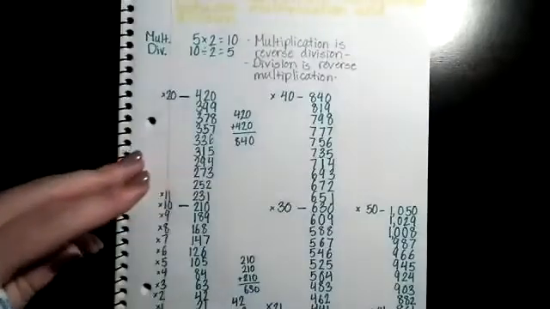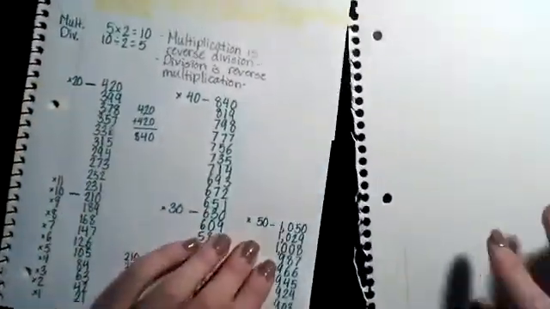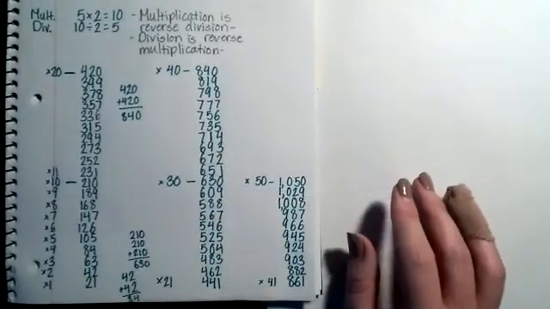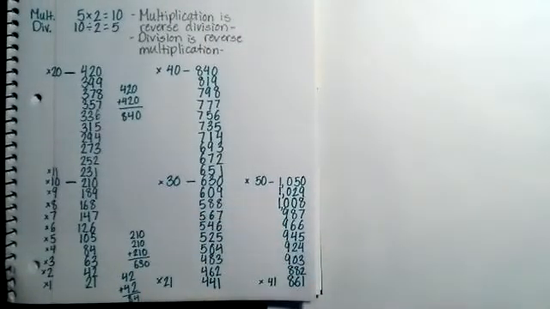So actually, you know what? I'm going to do this on a separate piece of paper. I'm going to tear this one out. That way, I can see my tower the whole time and don't have to keep flipping back and forth. That would be very frustrating. Okay, so let's do,